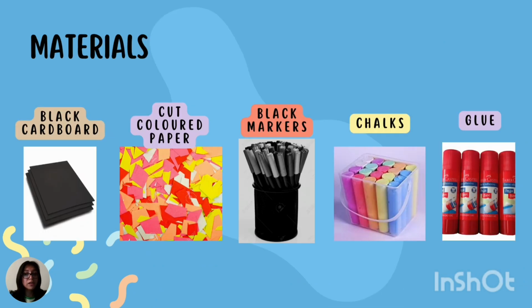In materials, we need a black cardboard like this, and you can use 18 or 25 depending on the number of students. Cut colored papers with different geometric shapes and imperfect shapes in different sizes. Also, you can use a plate, like this one,